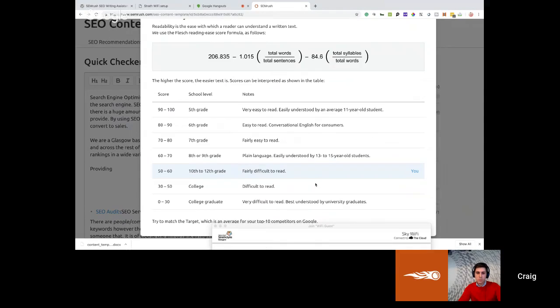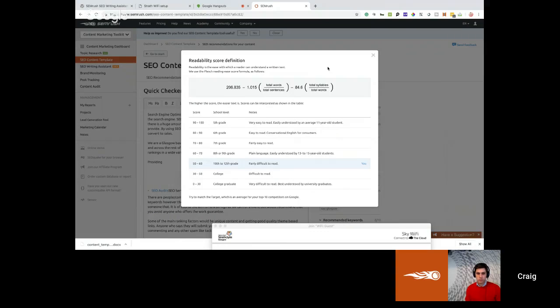Obviously, for people who are reading about SEO, they're not always going to be well educated in what SEO is or fully understand it. So you probably want something near the middle. To be fair, it doesn't have to be plain and simple so that an 11-year-old student can read it. That's not necessarily a bad thing, but I'm sure with a grown-up's vocabulary and use of words, you probably want to be hitting somewhere near the middle. That's just my own personal opinion though. So that's what the readability score definition is.